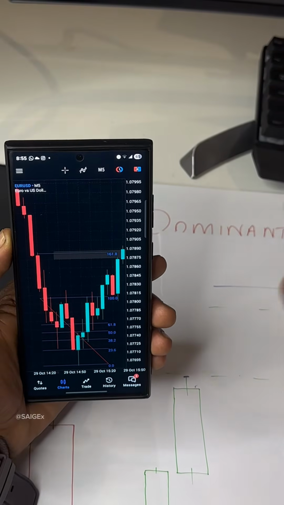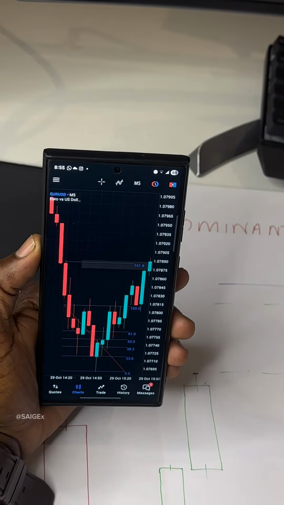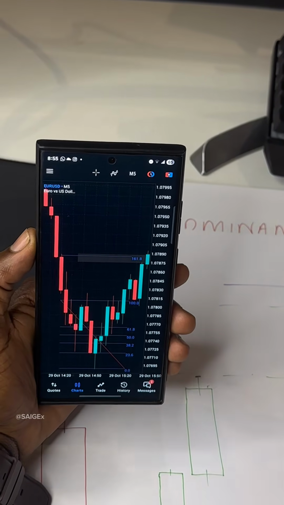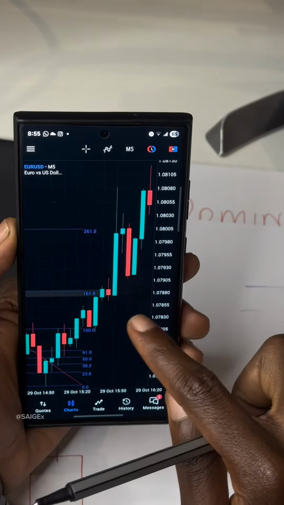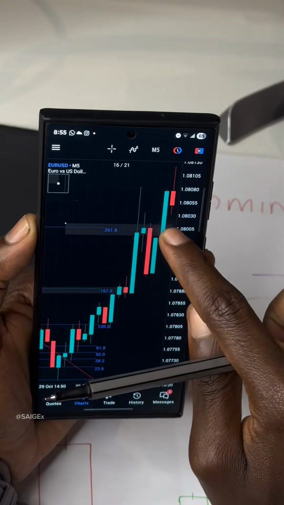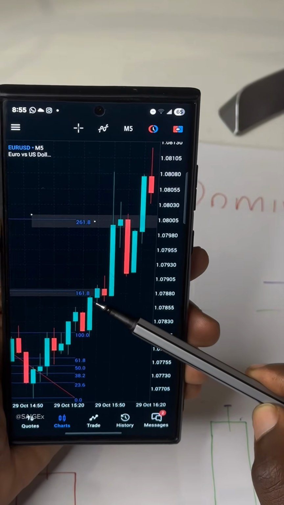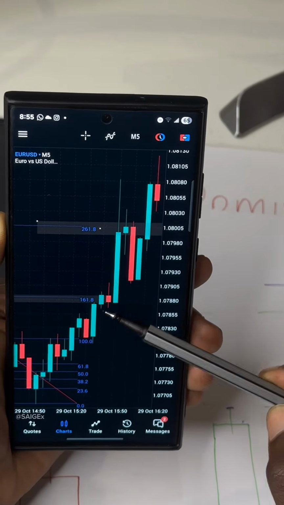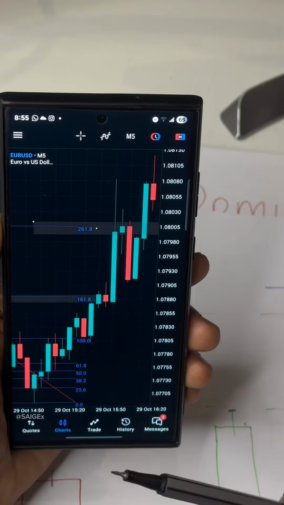If you want to TP, then that's up to you. Look, this is the M5 minute, which means it's scalping. You can even go lower if you want more trades, okay. Then you aim for the second level, which is level 261, okay, which is this one, okay. So what happened here after level 161, then it's either increase positions or you keep holding. Look, it went to level 161. Then there's level